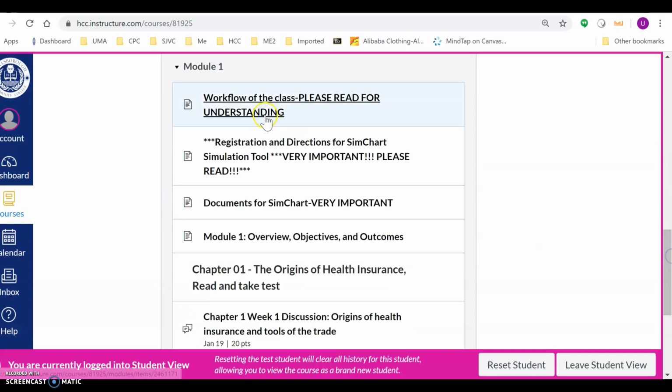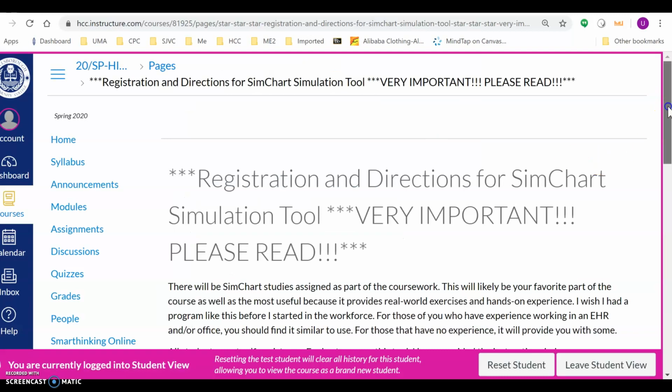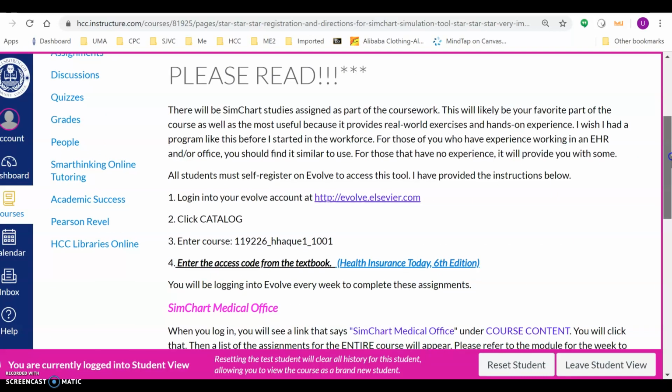The next thing is the module. I want you to make sure you are reading everything that is given in higher font and registering into your SimChart as soon as possible. SimChart is an electronic health record simulated software created by Evolve to give you hands-on experience of how to use an electronic health record used in different facilities across hospitals, clinics, outpatient surgeries, everywhere. And it's the best